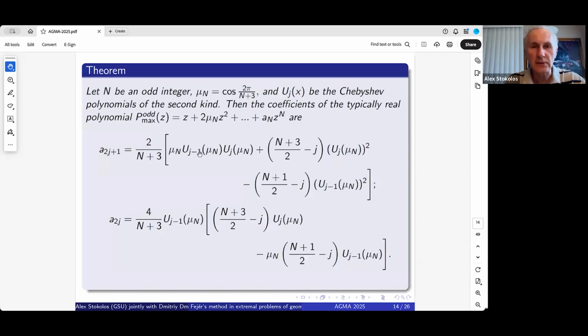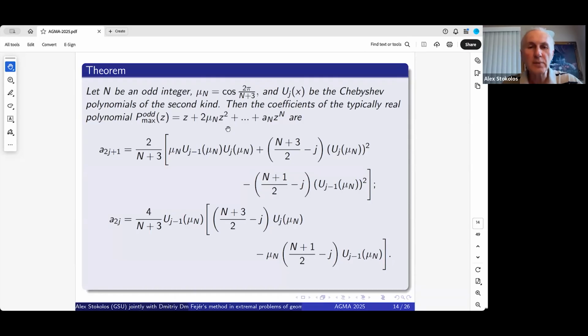So here are the coefficients. We state it in a little different way. Namely, we consider typically real polynomials. Typically real polynomials are polynomials which are real for real z and map the upper half plane to the upper half plane. And you can characterize it in the other way, that if the imaginary part in the upper half plane is non-negative, then it's typically real. So it's an equivalent problem to find something for non-negative sine polynomials, or to find the estimate for the coefficient for